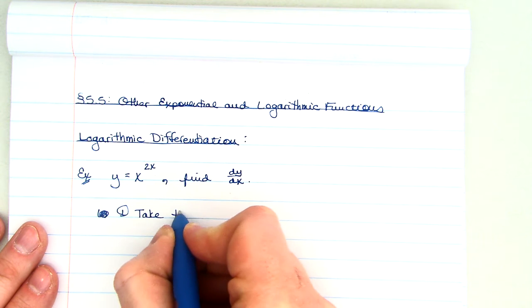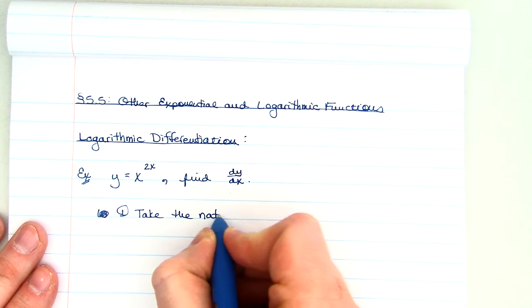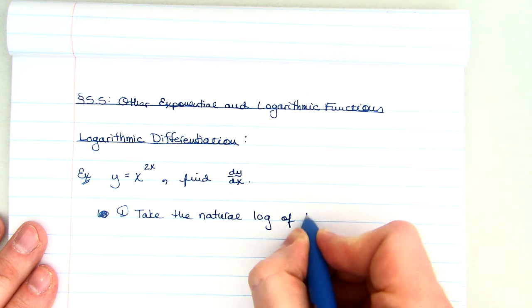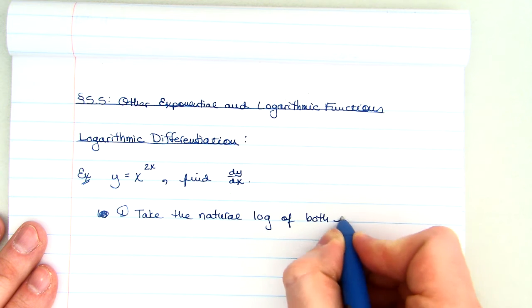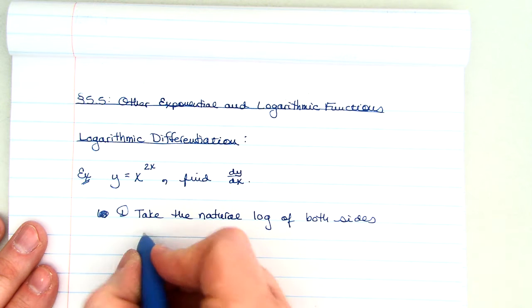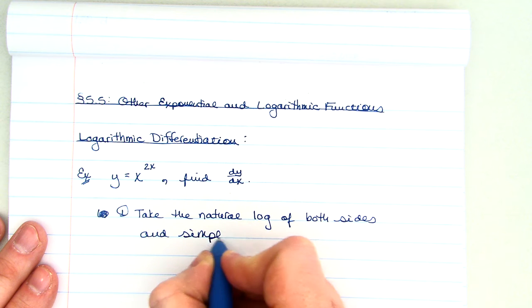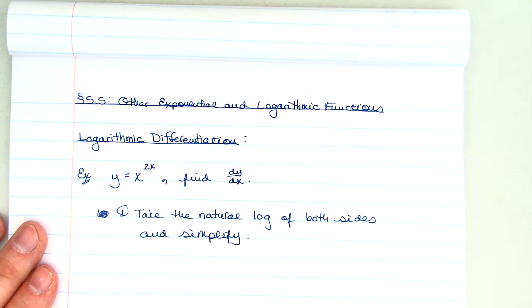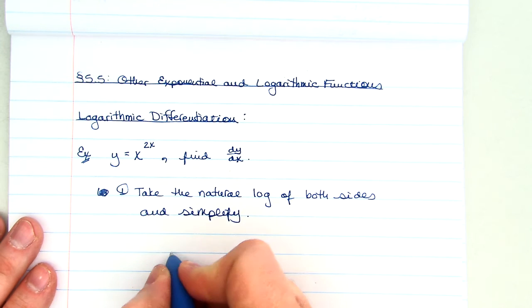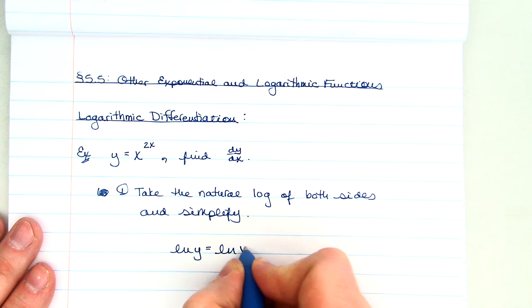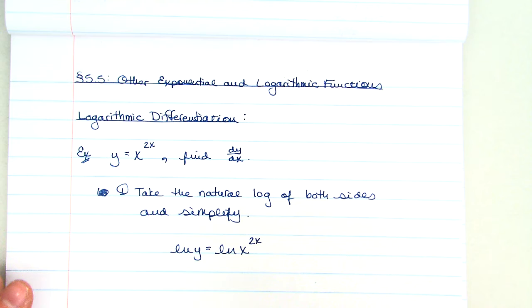Step number 1, I'm going to take the natural log of both sides and simplify. Which means I'm going to get the natural log of y equals the natural log of x raised to the 2x,